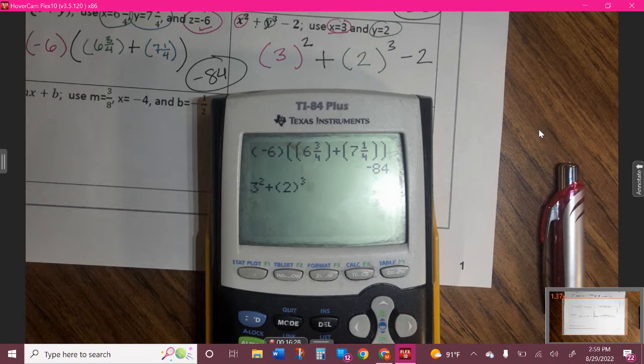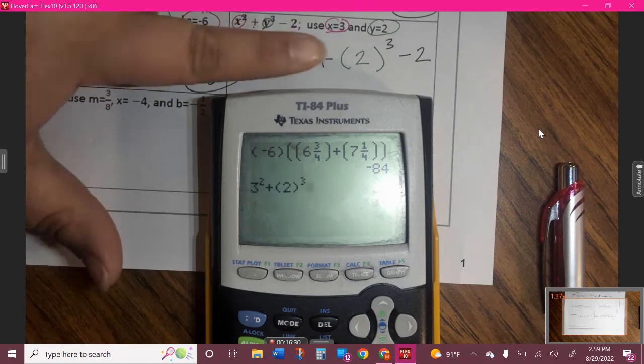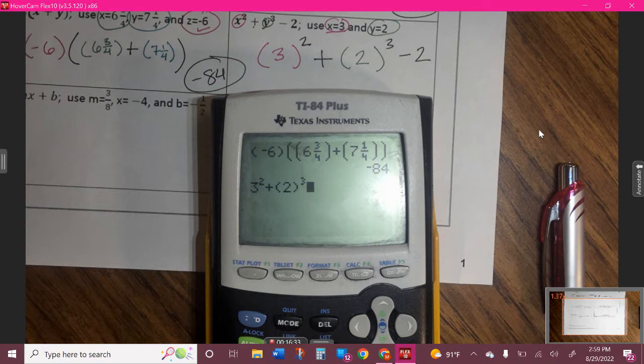Now I'm getting over again. If you have positive numbers here, that's not going to change the value of your exponents, your powers. So it's super important when you do have negatives, use those. If you're more comfortable, and I suggest that you get more comfortable that way, you can add in the parentheses